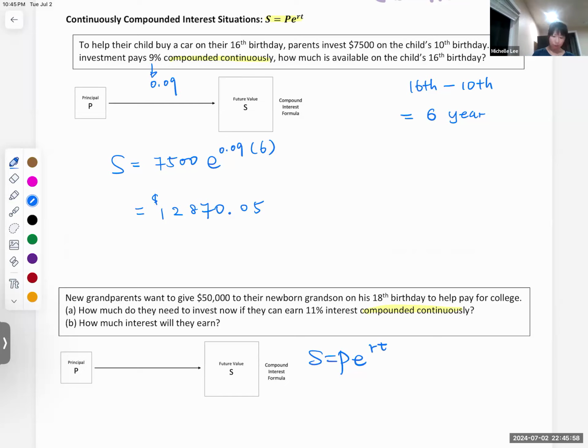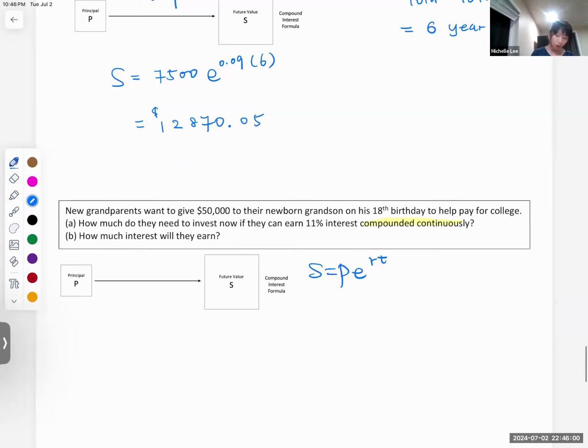Now the amount will be 50,000, e to the r, where r is 11%, so 0.11, and this is t, t equals 18 because he is a newborn and it's the 18th birthday. So 18. So if we calculate, we have